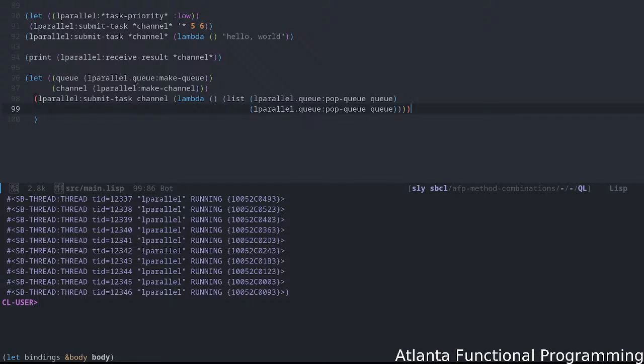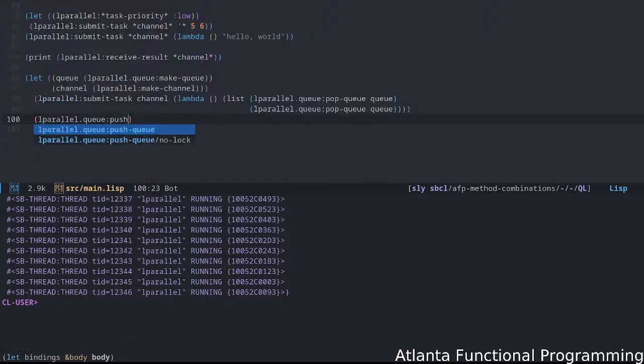Now, one thing to note is when we first call popq here, it's going to wait until we call a corresponding push queue. It's just going to sit there until something happens. So if I ran this as it is, it's just going to wait. My Lisp session is just going to wait, and there wouldn't be a way for me to actually continue to run stuff over it. So what I have to do is I have to run essentially lparallel dot q dot